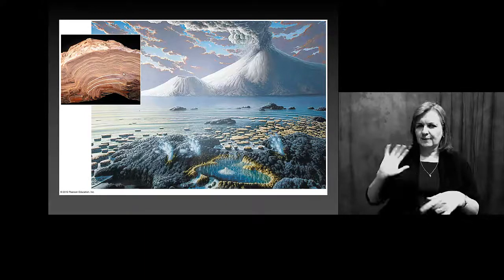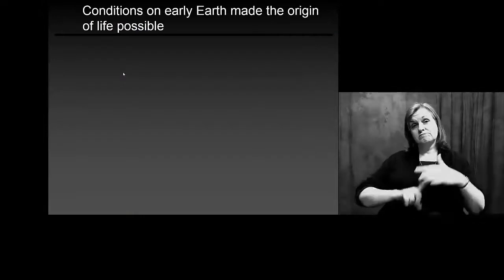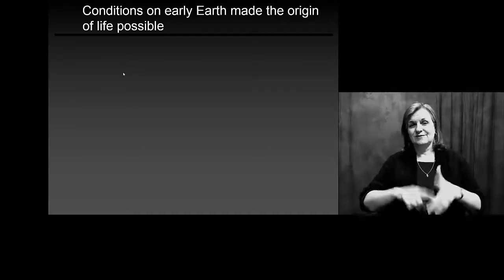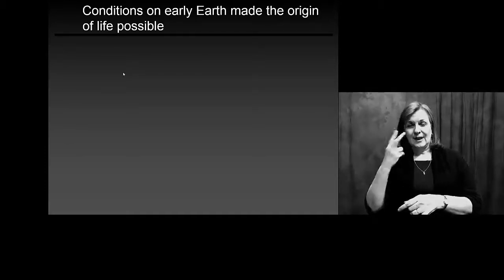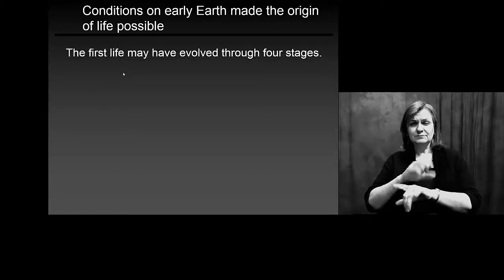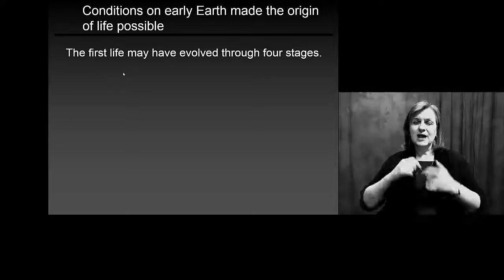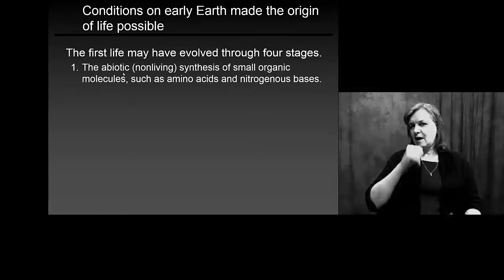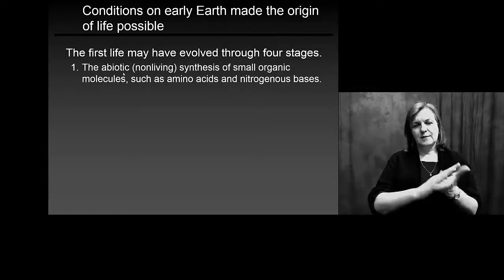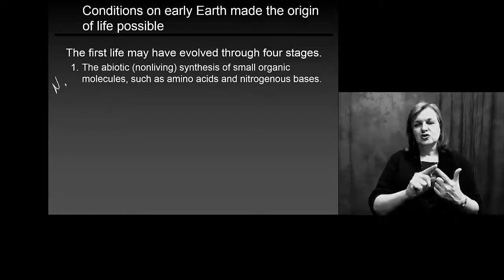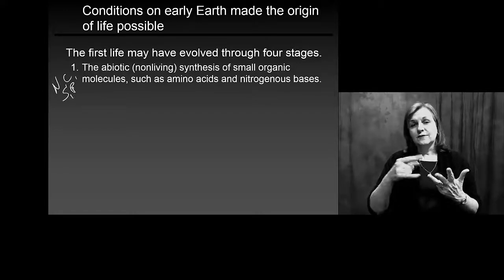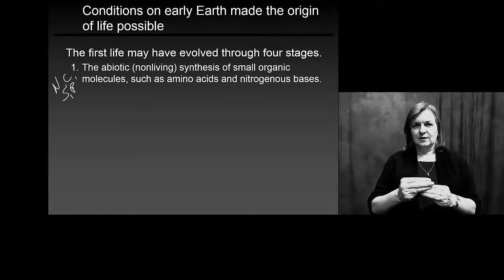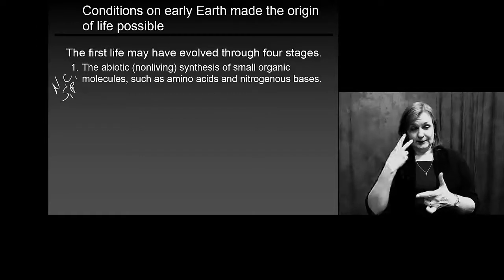We think that life ended up on this planet because of a couple of different ideas that surround the production of life, but also looking at the fact that you have to produce a habitable environment. So we think that life probably evolved on this planet in 4 major stages. We would have started out with those abiotic components that we mentioned, and they would have had to synthesize. So we can start out with things like nitrogen and carbon and sulfur and phosphorus available, but they have to actually synthesize and become small molecules for us to really get a sense of the beginnings of life.